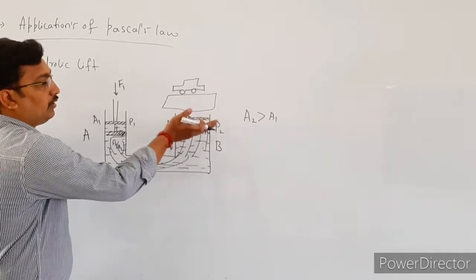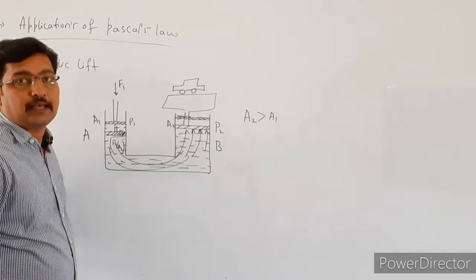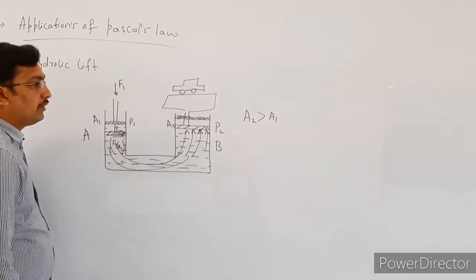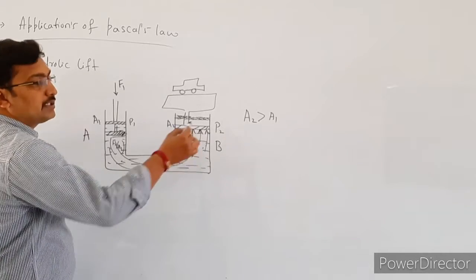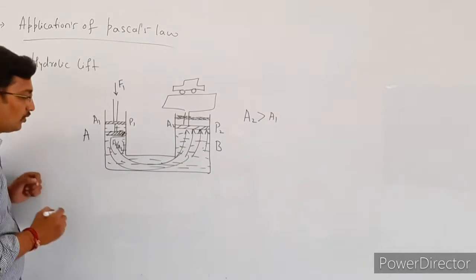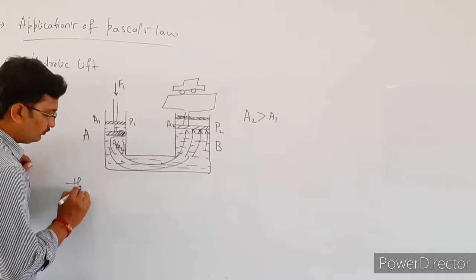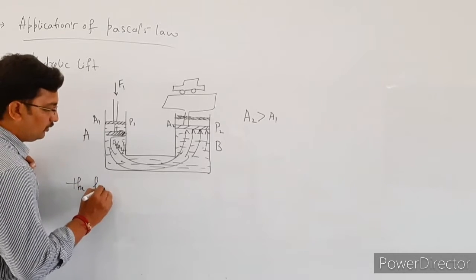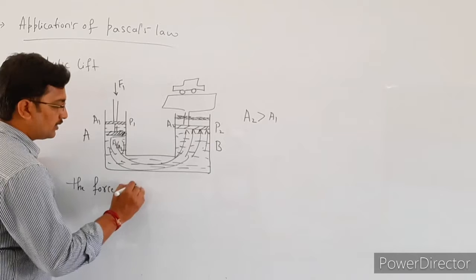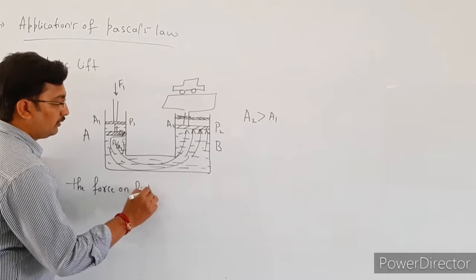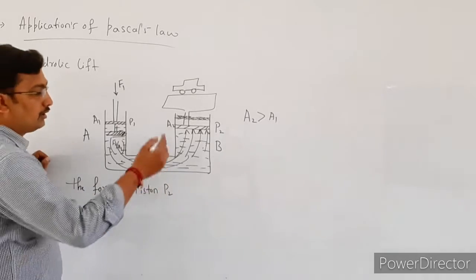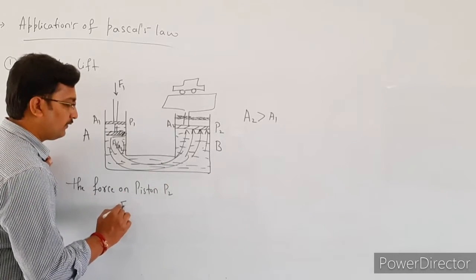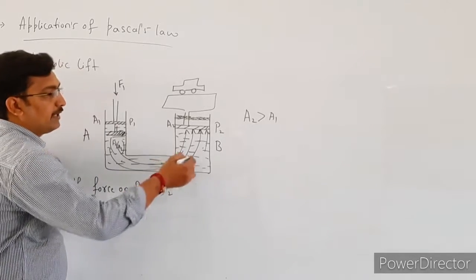This piston P2 is moving in the outward direction. Next, we are going to find out how much force is exerted on the piston P2. So here, the force on the piston P2, that is F2, is equal to